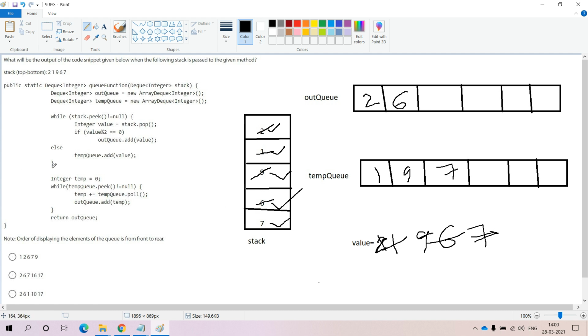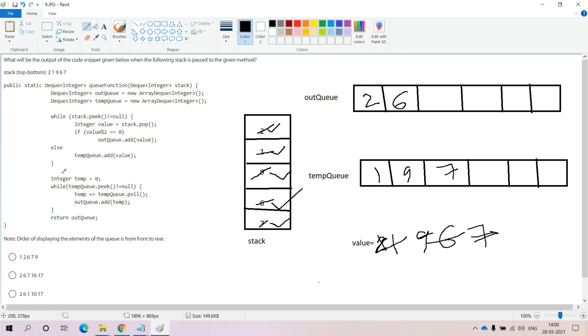Now one more time we are going to repeat the while loop. Unfortunately, within the stack none of the elements are available. The last element's processing is already completed, so the stack will be empty. We are unable to perform the peek operation. If you perform it, you will get null. Nothing is there, so this while loop will not execute. The while loop condition will fail, and we are not entering the while loop.